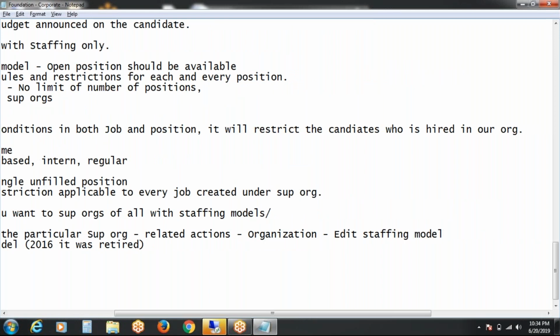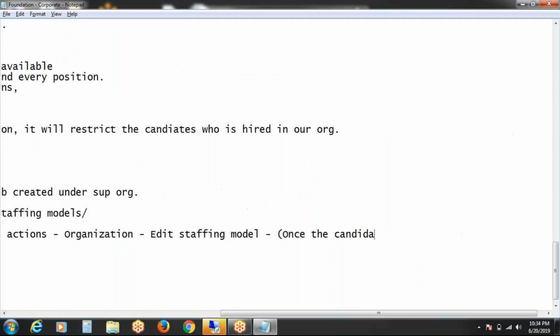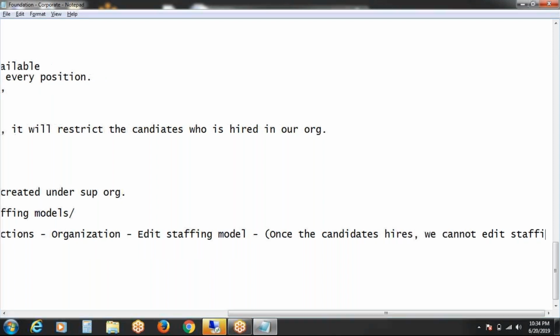So this is the scenario to edit the staffing models, but let the condition apply. Once you are done with the hiring, once the candidate joins the department, you cannot edit the staffing model. Once the candidate is hired, we cannot edit the staffing model.